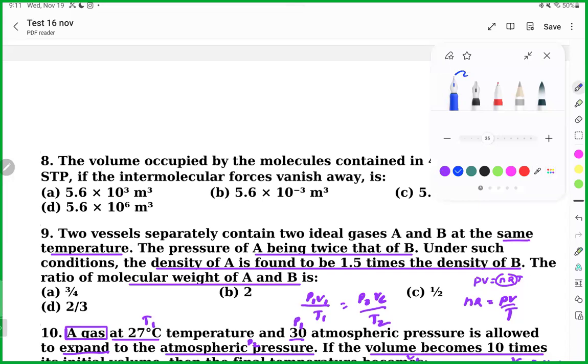What should I do in this? सर पहले तो प्रेशर जो है वो 2 टाइम्स है प्रेशर ऑफ B, और डेंसिटी 1.5 टाइम्स है। तो जो मॉलिक्यूलर वेट है वो डेंसिटी के इनवर्सली प्रोपोर्शनल होता है। Okay,